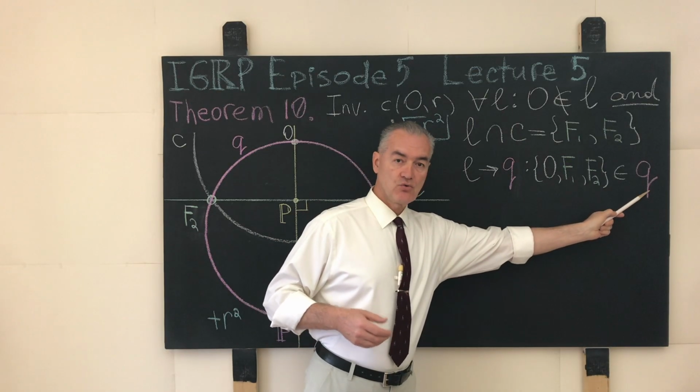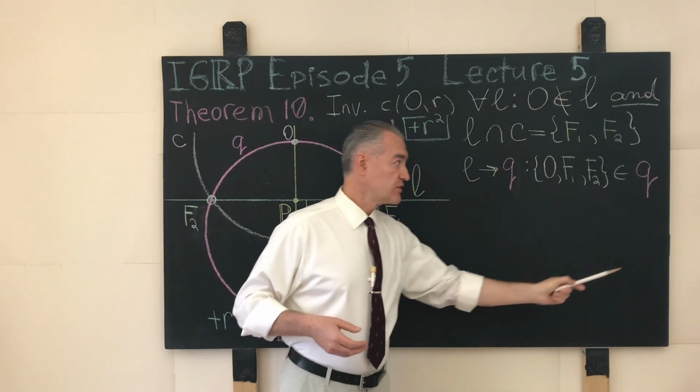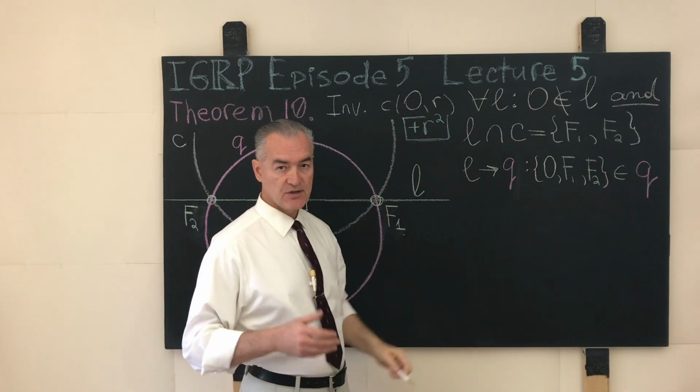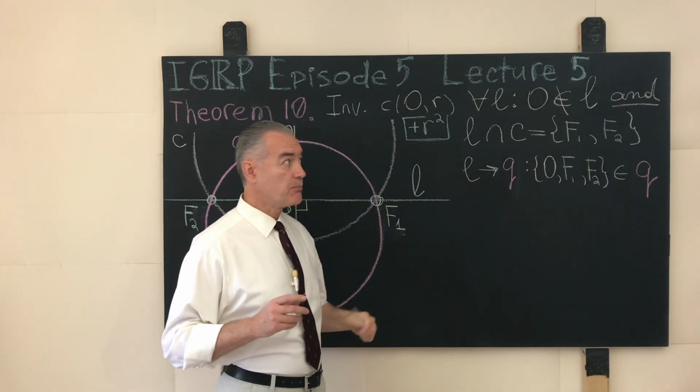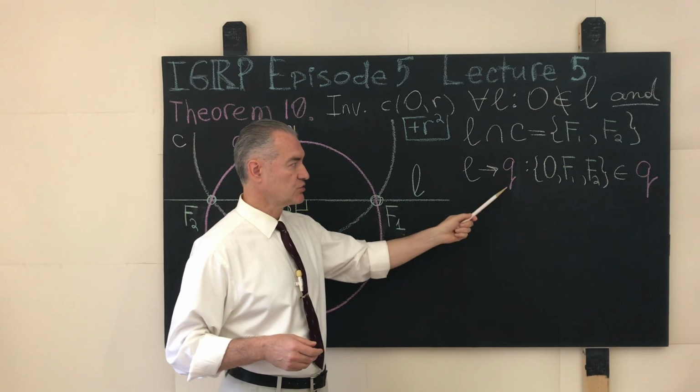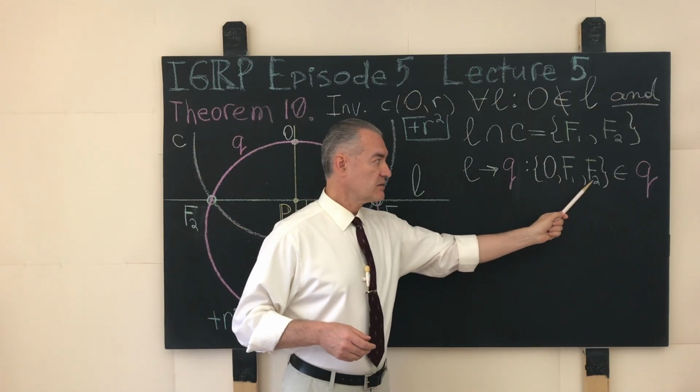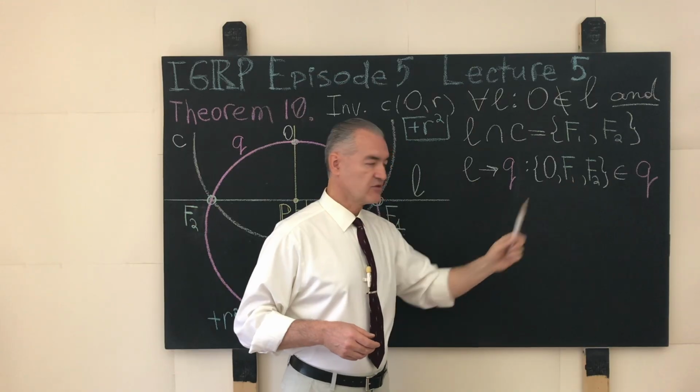The circle Q, the image of the straight line L that satisfies these conditions under the inversion of the plane with positive power, is a circle that passes through the center of inversion and the distinct shared points F1 and